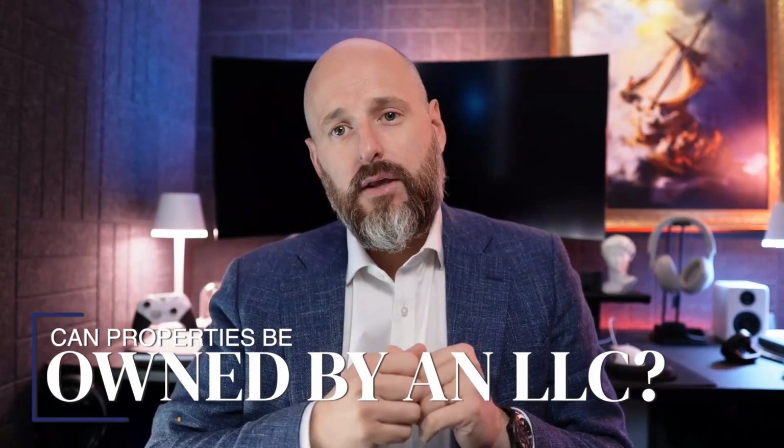That's something that can be figured out administratively in many different ways. But that's a good note, that it needs to be in the U.S. already. You can't send money from Colombia to the bank and own a property. You need to have some kind of U.S. account in the way. So when someone's buying a property, can it be owned